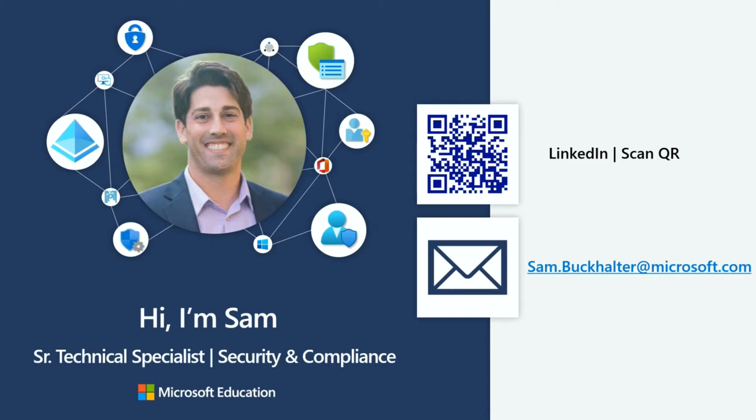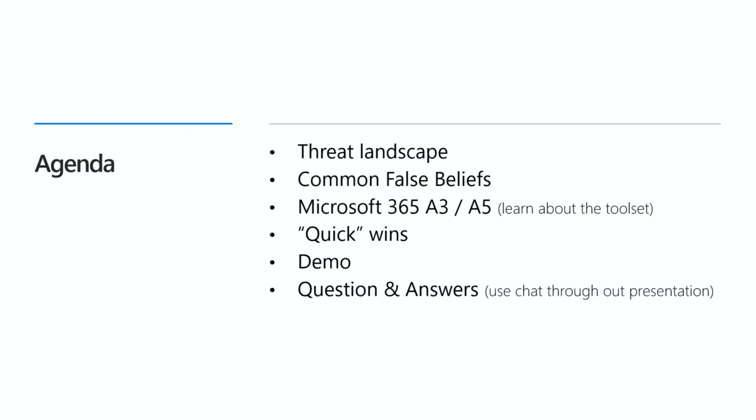But we have an action-packed schedule today. Couple agenda items to address beforehand. We're going to talk a little bit about the threat landscape, what things look like today, the challenges you're all facing. We're going to talk a little bit about common misconceptions about the security platform. We'll do a little bit in different Microsoft 365 licensing, A3 versus A5. I don't want to get too into licensing or any type of sales stuff, but want to make sure everyone's aware of what you might have already, what security and compliance features you might have,